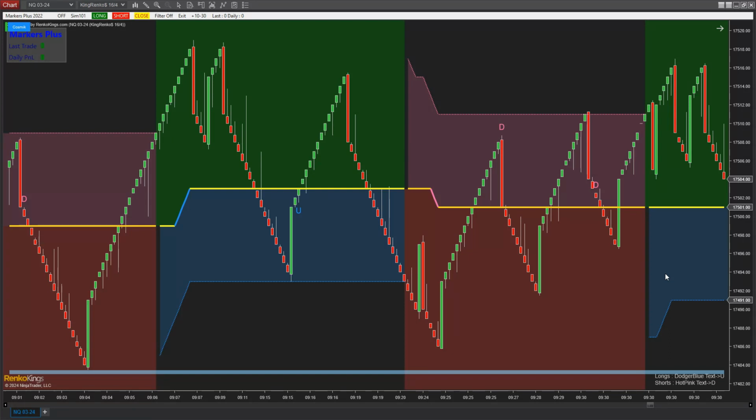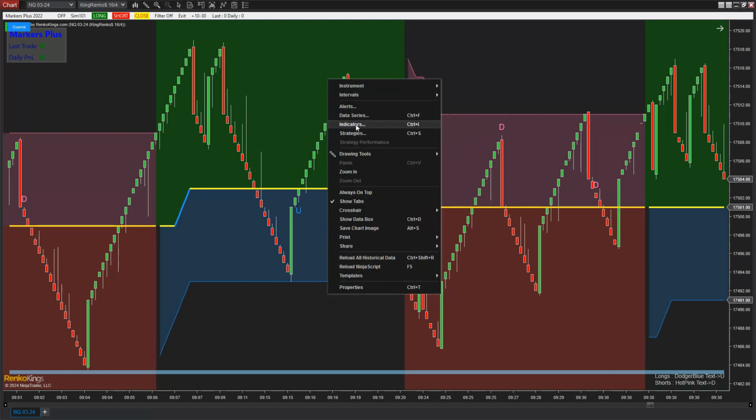taking every signal. Also, if you see here, there is a U and a D instead of the Cosmic triangle up or down and Cosmic word. So I very often like to automate the signals using Markers. Markers is an indicator by the Indicator Store, and it can automate any chart object. So the way you would do that,